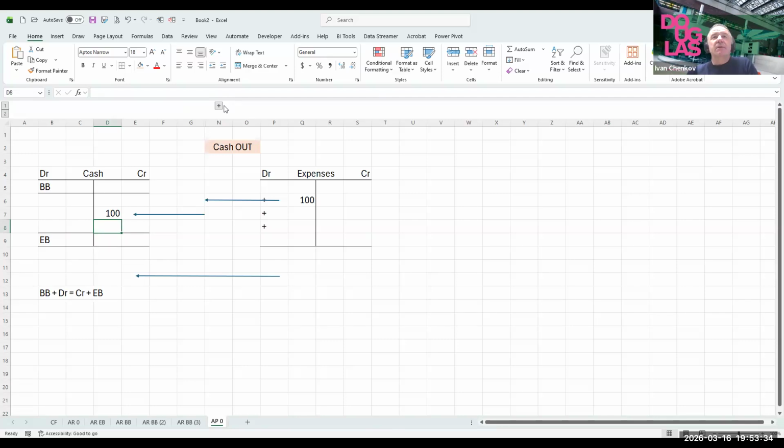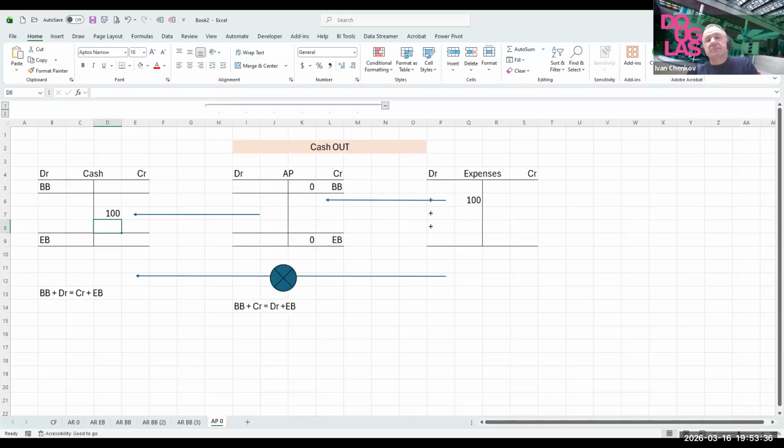And now we're going to start playing with the same idea with accounts payable, but different scenarios. First, let's add it here. Here will be $100 coming in and $100 going out. Done. Now, in the next scenario, let's add